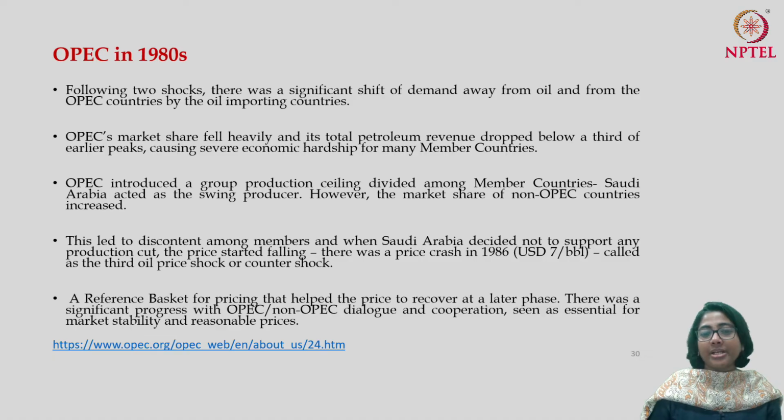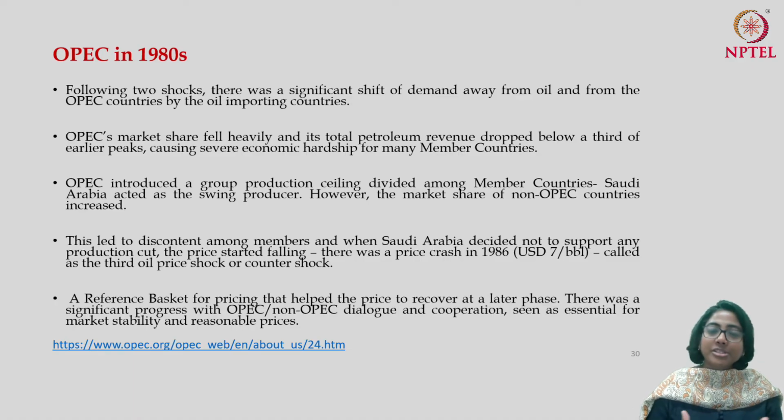The moment Saudi Arabia deviated and started increasing its production, there was a sharp decline in price. So there was a huge oversupply in the market, and there was a sharp fall in price. So in 1981, if you remember, the price of oil rose up to 34 US dollars per barrel. In 1986, in a 5 year period of time, it dropped to 7 US dollars per barrel. Okay, so this was called the third oil price shock in a negative manner, or a sort of